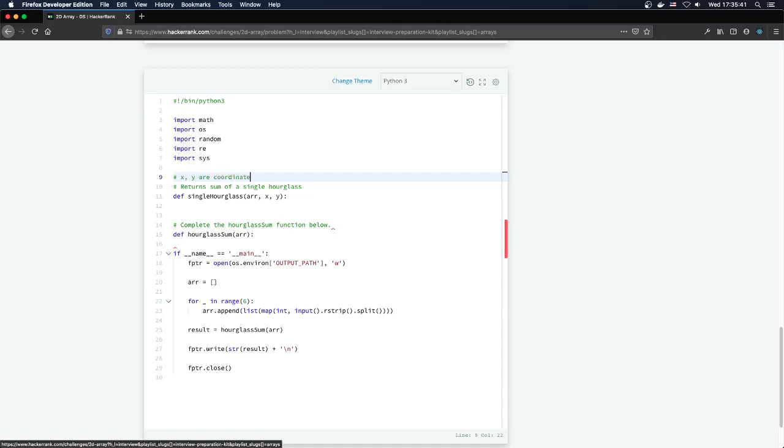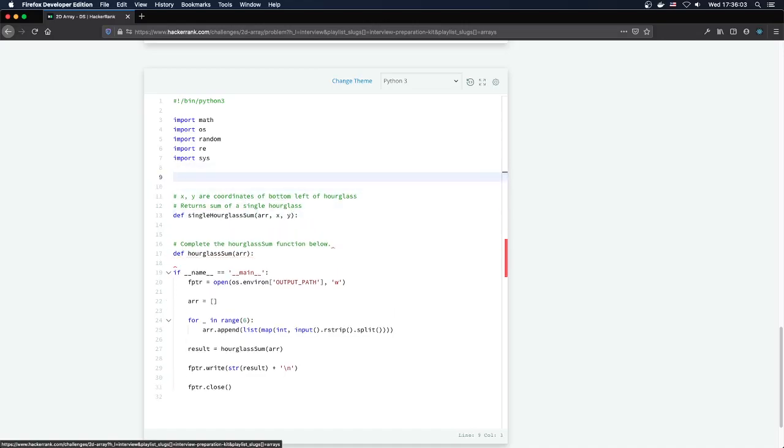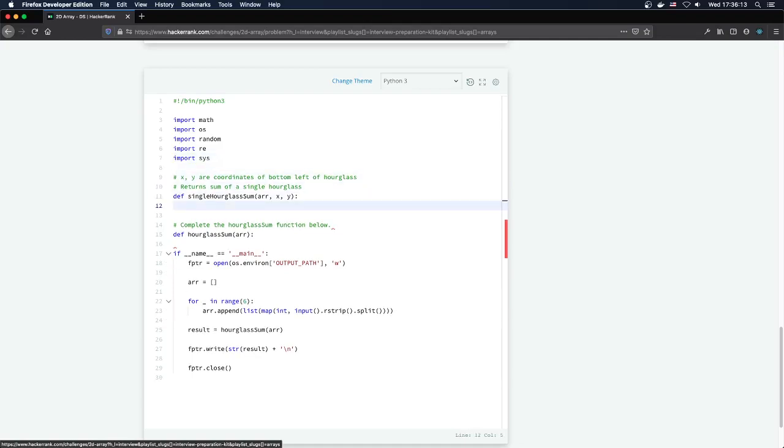These are the coordinates of the bottom left of the hourglass. So if we have that, then we would do, let's see. Nah, we'll just do it on here. So if I had a single hourglass,